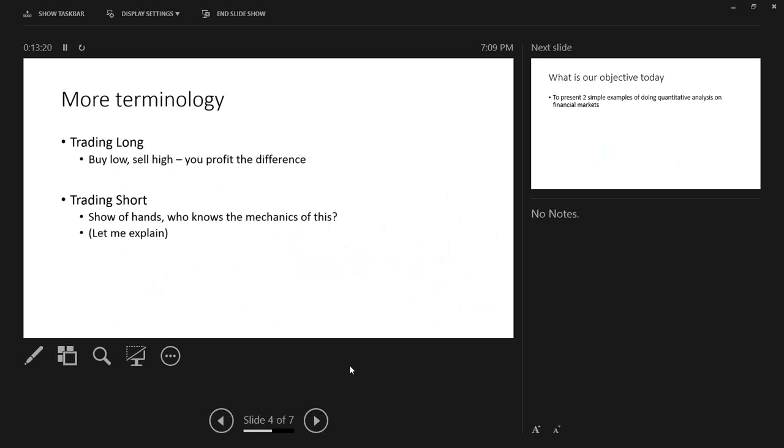So that's the way you actually don't have to only buy cheap and sell expensive. You can also sell expensive and buy cheap to make money the other way. And it's slightly more expensive to do that on the stock market, but in the Forex market,